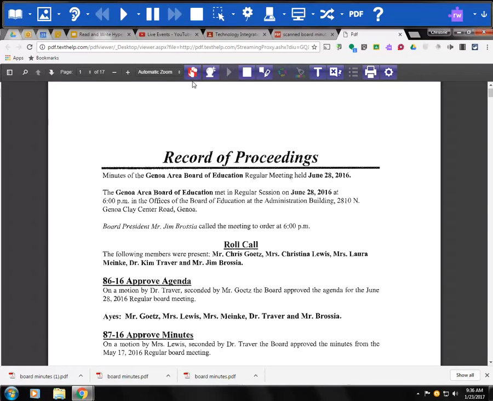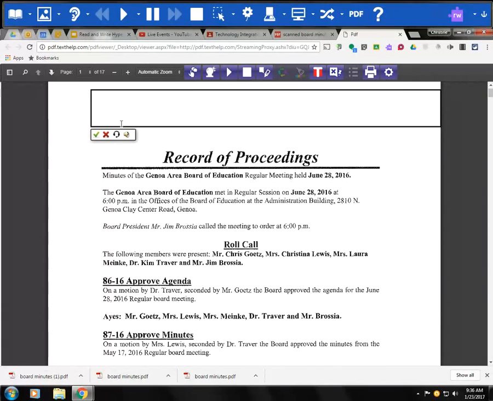So you notice this red here tells me that I have click to speak still on. If I was to click somewhere else, it would start reading again. The square will stop it. So to turn off click to speak, I would go there. Now let's say you want to have kids type on it. So we're going to go to the typewriter tool. They can type,